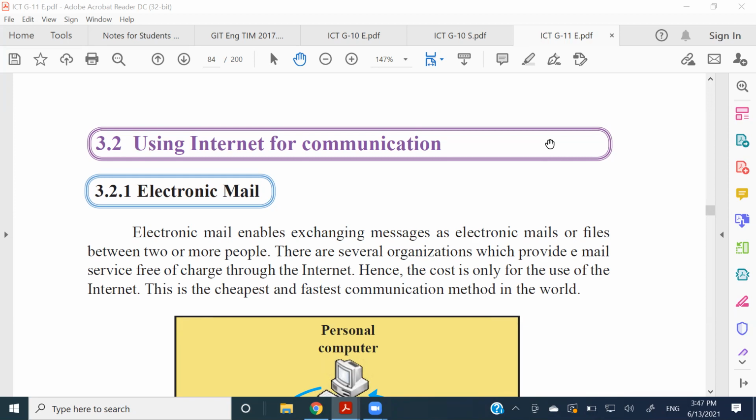And it's one of the cheapest methods we can use. Only the data cost occurs for a person using the email services, or electronic mail services. And when you establish a network, you can have your own email facility inside the network,